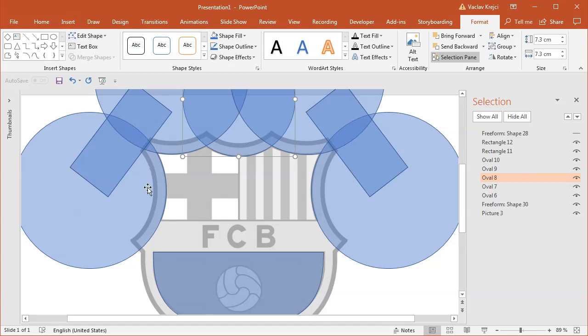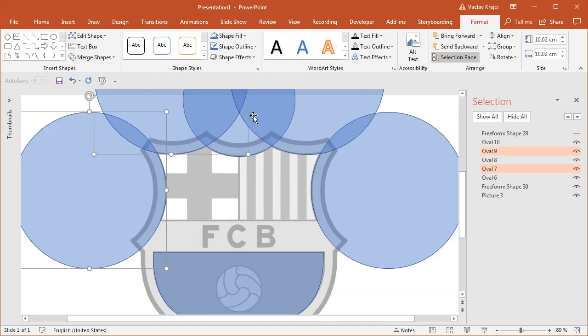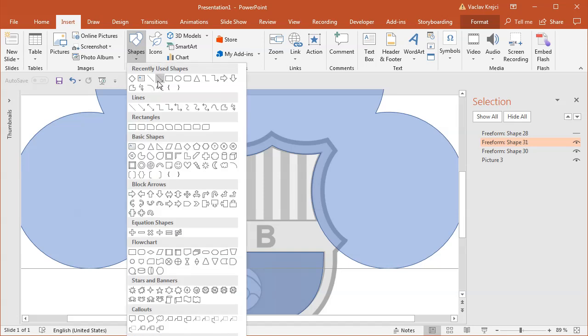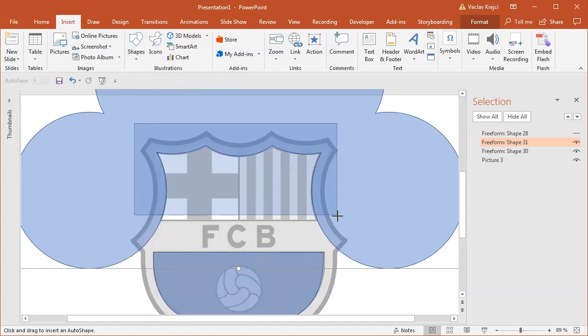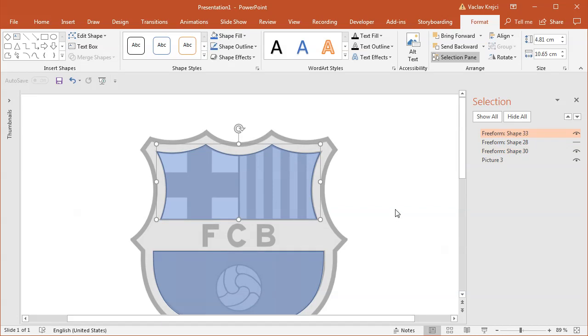Okay, so I will probably get rid of those rectangles. I don't need those, and I will merge all those circles together. So select merge shapes, union, then I will insert a new rectangle, which will be in the shape of this inner part like this, and I just need to select this rectangle, all those merged shapes, and subtract this from the main shape. Now as you can see, it's like two different parts, one with the curves, one with